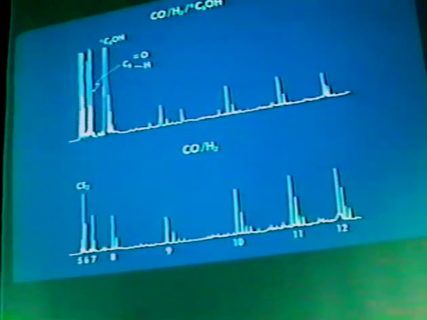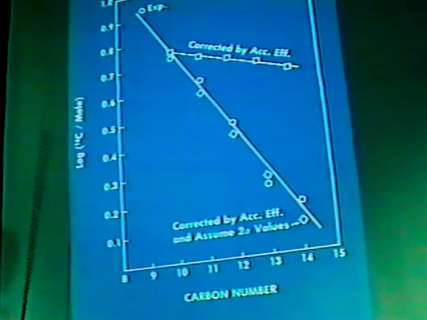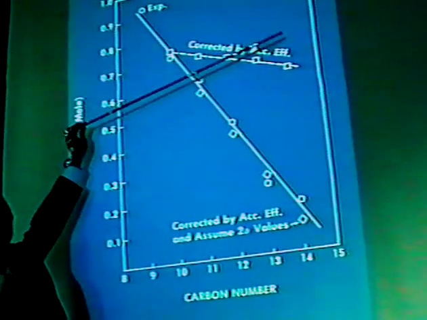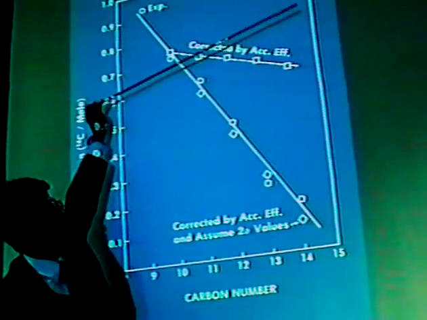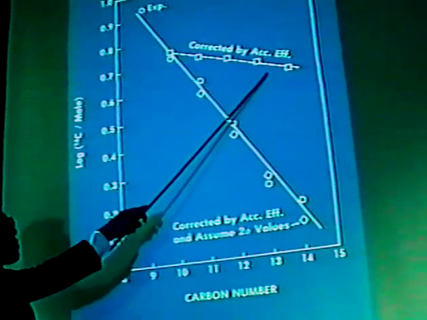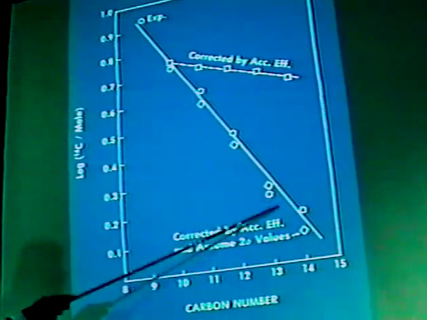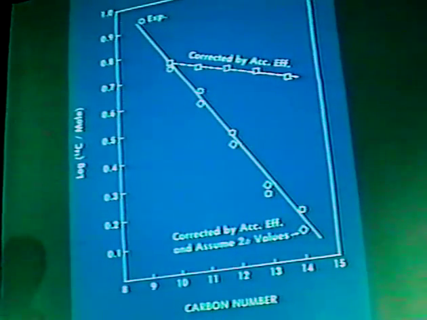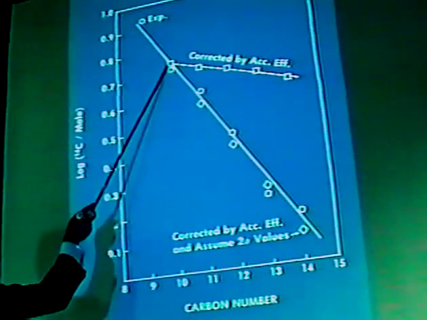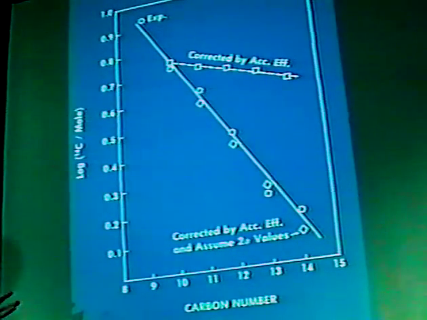Let's go to the next slide, please. In this slide, I assumed the same thing. When I put C5 alcohol in there, I should get a straight line. First, I tilted it down by the accumulation effect, because we know there's an accumulation effect. The next thing I did is, from this line, I know some of the chains will have two alpha values. One of the alpha values doesn't have radioactivity, so it dilutes my radioactivity. So I average them and calculate again. See, now you can see the lines fall on there. So I do explain my experimental data with a good